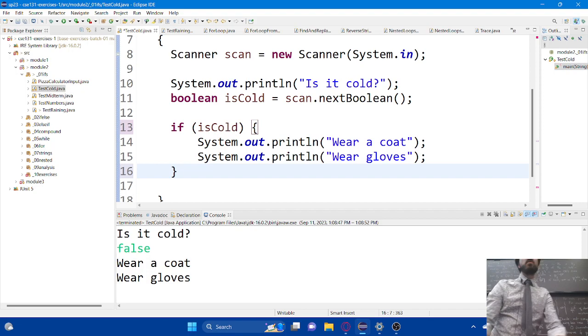Okay. Let's take a look at one more example, this time using numbers, because I think using Boolean variables is actually pretty common. We're going to see it in other examples, but using numbers to do these kinds of comparisons as part of your if statements is, I would say, even more common still. So let's take a look at a more concrete example.